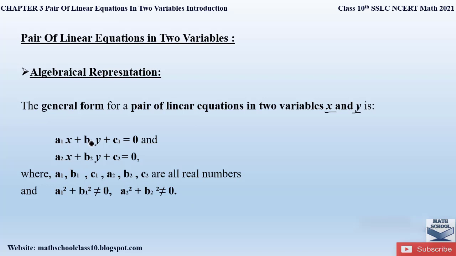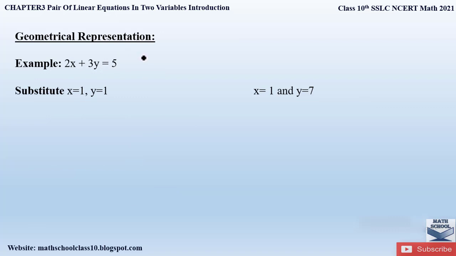If a1 and b1 are equal to 0, then even the x and y variables will become 0, right? Then this equation will not be a linear equation. For the equation to be a linear equation, we have to have these variables x and y. Only then we can say that it is a linear equation. So therefore, for x and y to be present in the equation, the coefficients a1, b1, a2, b2 should not be equal to 0. So now let us see the geometrical representation of this linear equation.